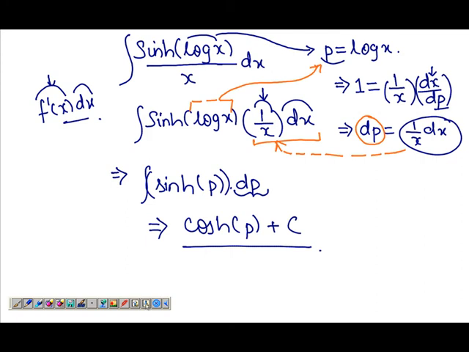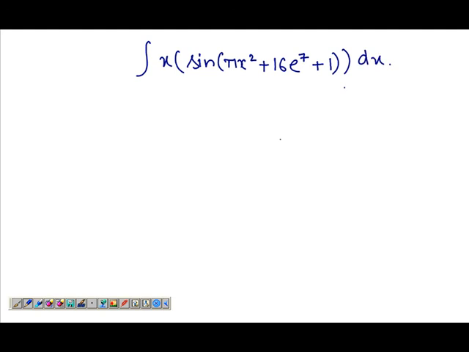Okay, I'll take another example. Let me take the integral of x sine of pi x squared plus 16 e to the power 7 plus 1. Now it looks complicated, but simply if I put this whole thing, pi x squared plus 16 e to the 7 plus 1, equal to p, and then you differentiate both sides with respect to p,